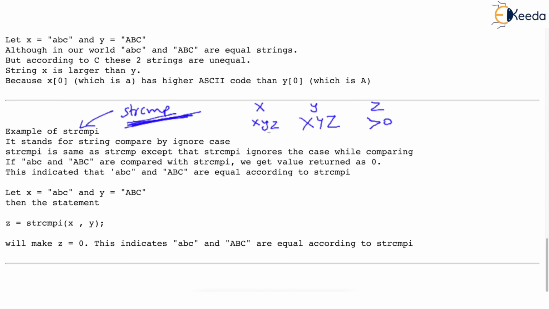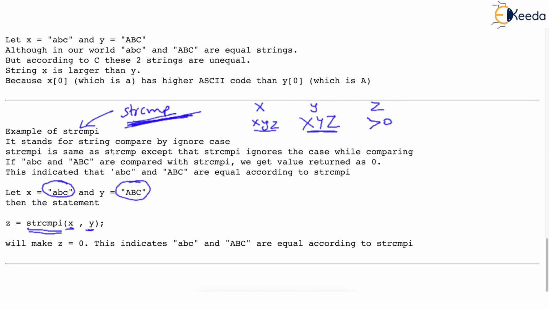But in our world both strings are same, isn't it, whether small or large. Now if you use strcmpi function to compare the two strings, like you are comparing small abc with capital ABC, then these two strings, although small and capital, will be treated equal.